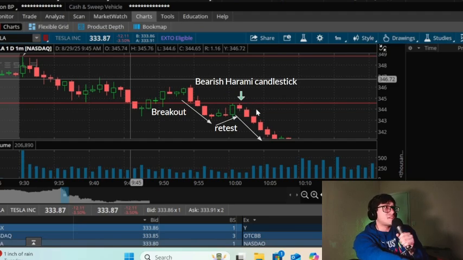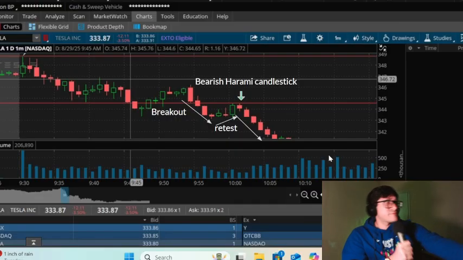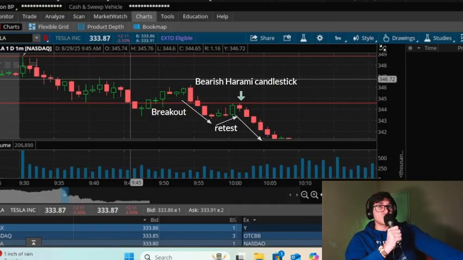And as we can see here, the price action just went down, down, down. And I actually remember this trading day because I was trading, and I made a few bucks off of it. It actually went down for several more dollars. And it just goes to show you how powerful this strategy really is, because if you know what to look for and you keep your stop losses in check, everything's good, you could potentially make so much money, life-changing money. Okay,